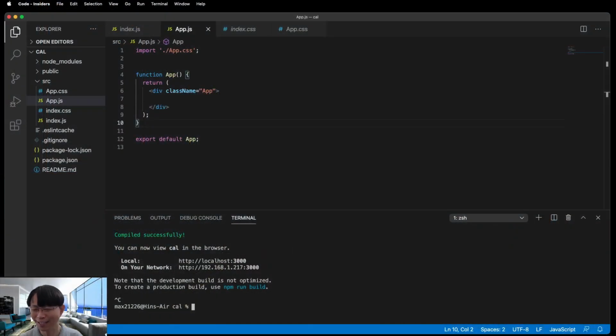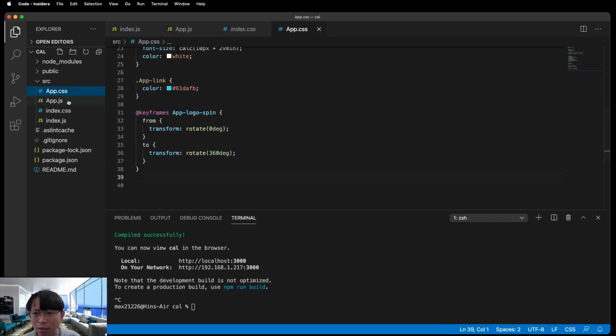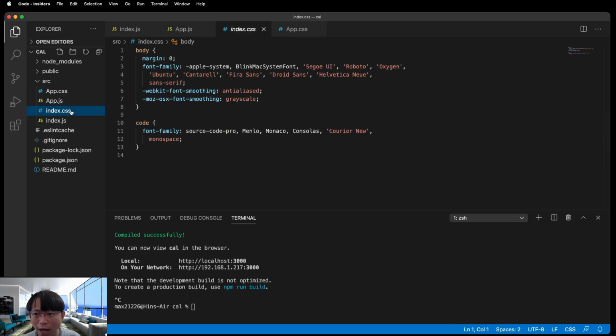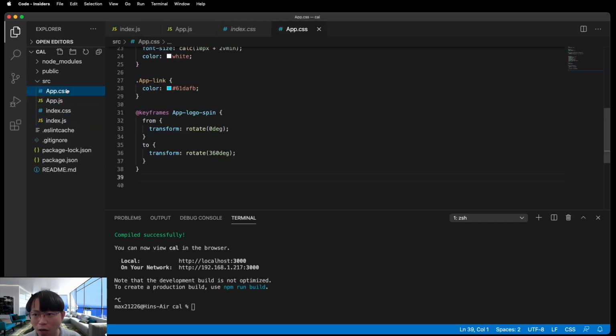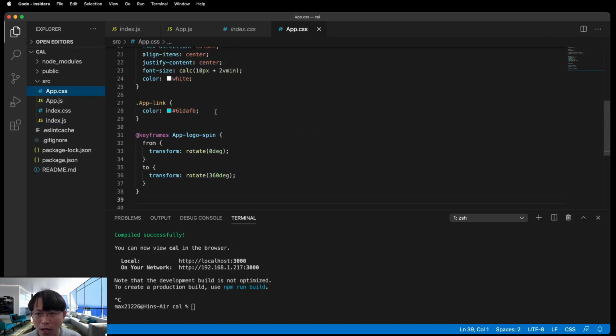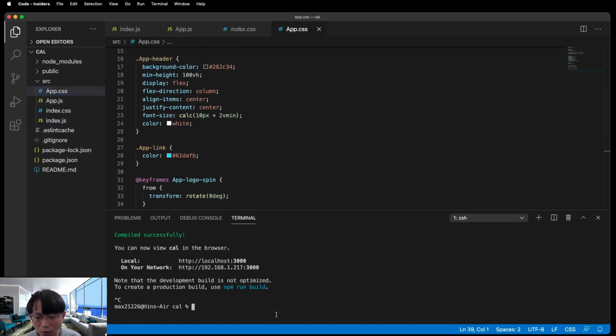All right, we are back in Visual Studio again. I have cleaned up our project this time. Because of time, I initially cleaned up some of the source files. I have all these 4 files left as the empty project. If you followed my previous tutorial, you would be using npm